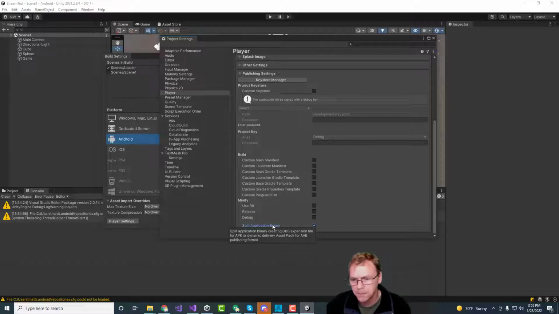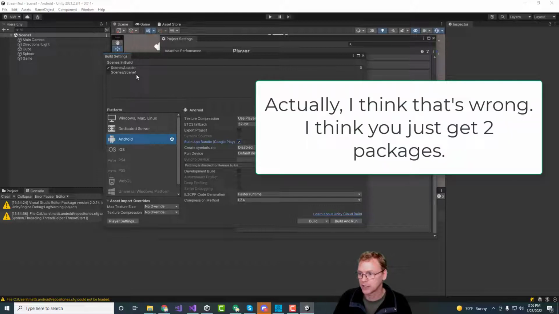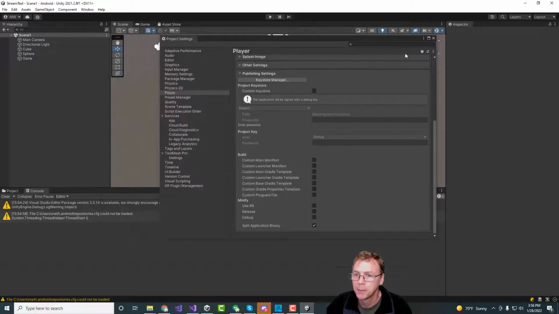It will split, and does it say? It doesn't really explain much what it does here. What this will do is it will take scene 0 of your game and put that into the base package. And then it will take all the other scenes and put that into a second package. And then it will take all of your streaming assets and put that into a third package. So you get it split up into those 3 packages. So if you have streaming files like I do, hopefully that'll do the deed. Okay,